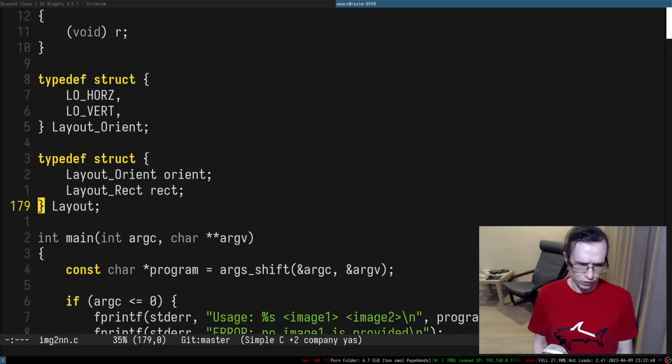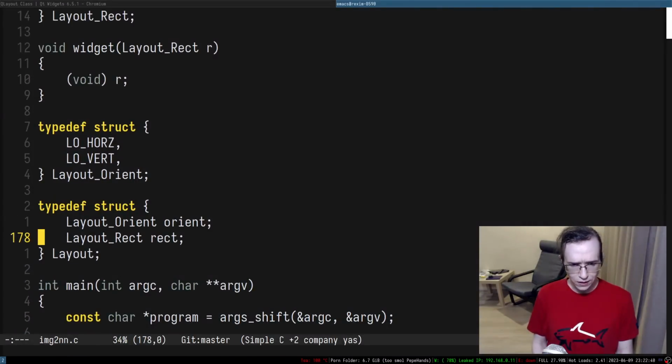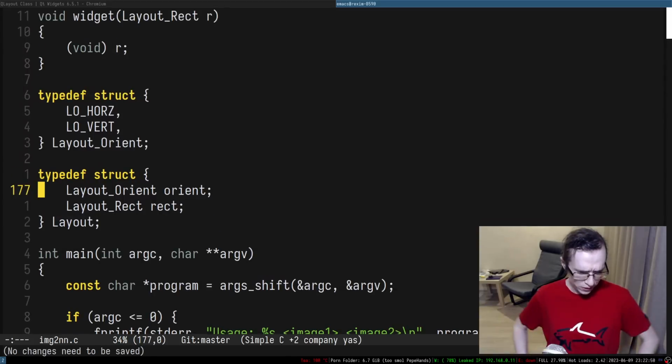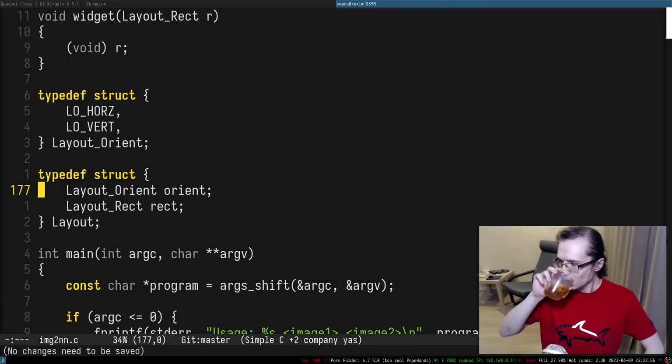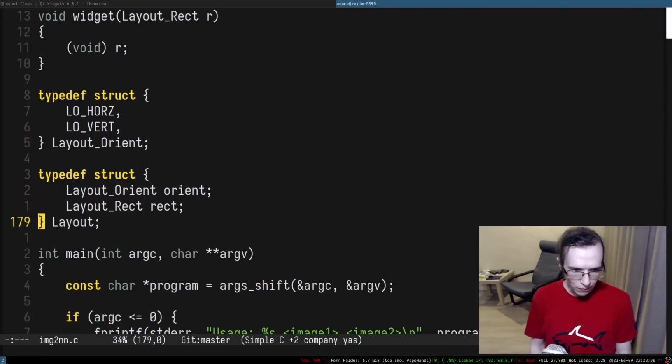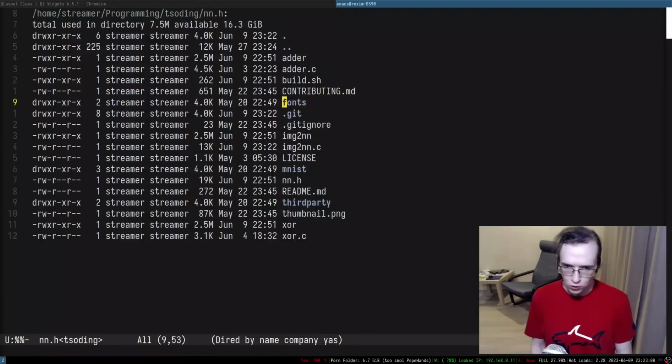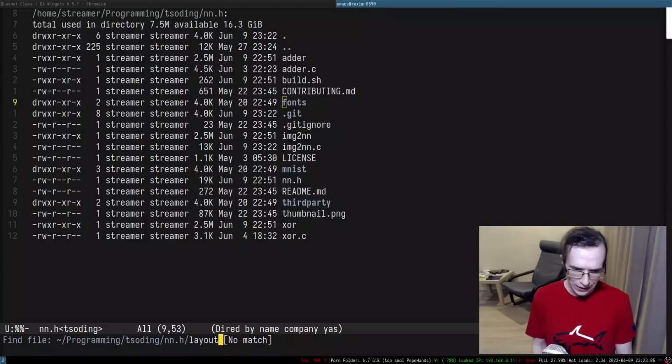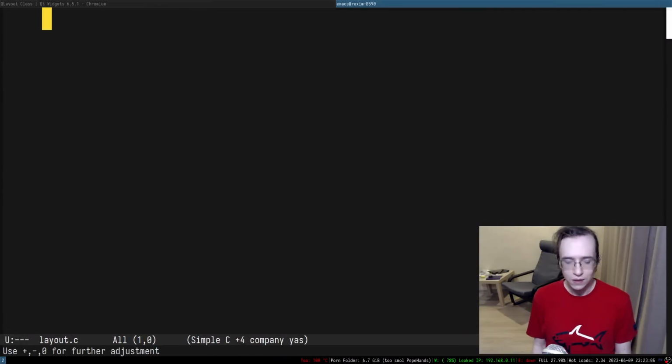It would be kind of nice to render that somehow. So maybe it should be a different application. I don't really want to keep everything within that application. So let's create maybe layout.c.